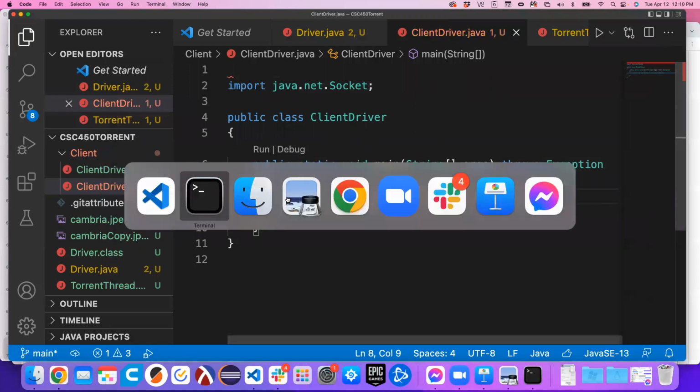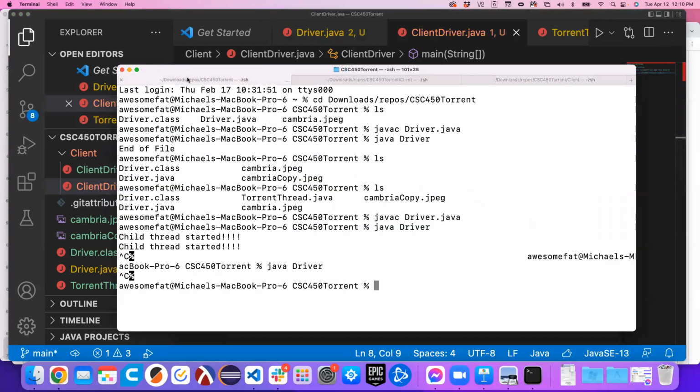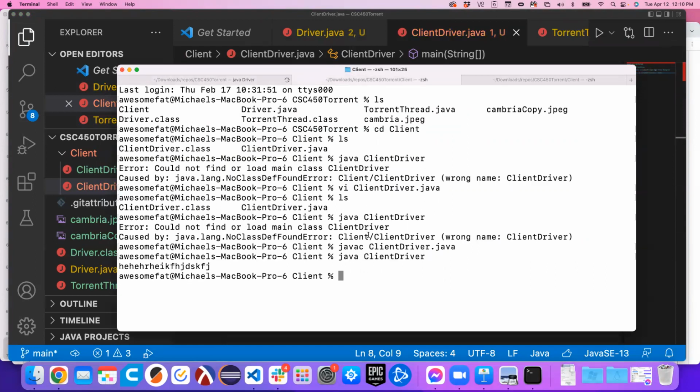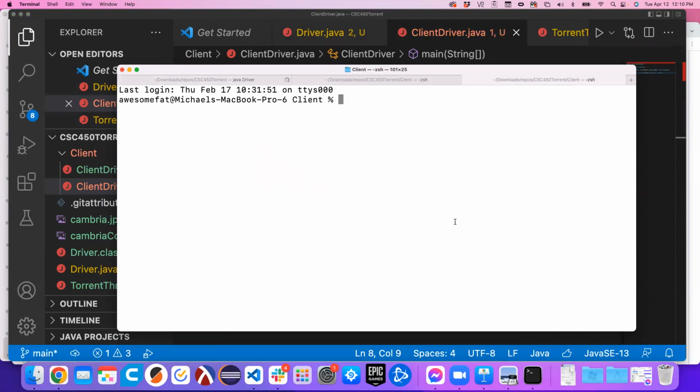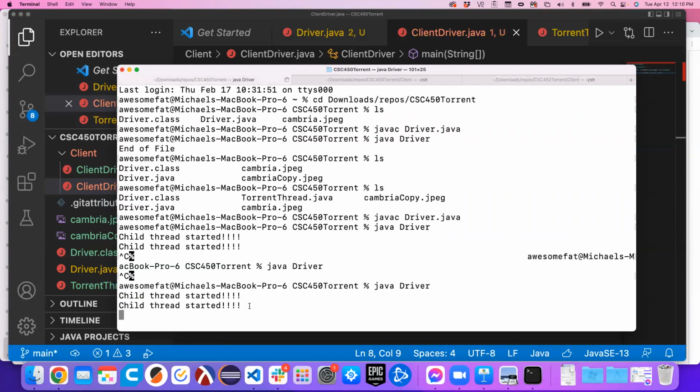Go back to our socket, make sure our server is still running. Let's just make sure these dudes will connect to our server, so we should get a client connection here. Child thread started. And we'll do the same thing in here. Should get a second. All right, threads are starting. Everybody's happy. All right. So now,